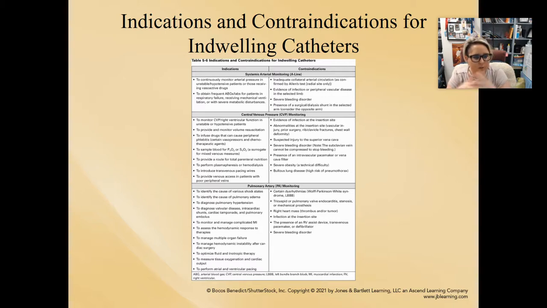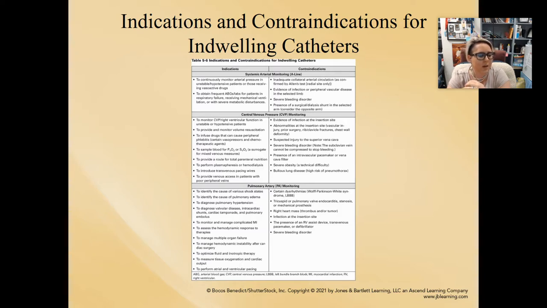Pulmonary artery catheter, which is Swan-Ganz, is to identify the cause of various shock states. It can help identify causes of pulmonary edema. So pulmonary artery catheter, that's going to give us our pulmonary wedge pressure, our pulmonary artery pressure. So this is really important in pulmonary edema, pulmonary hypertension, vascular disease, intracardiac shunts, cardiac tamponade, pulmonary embolism,